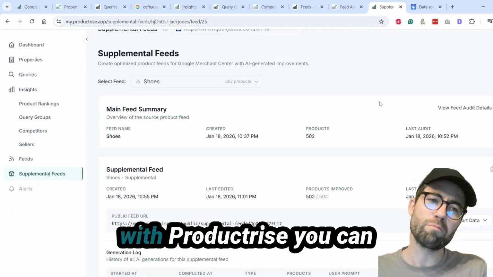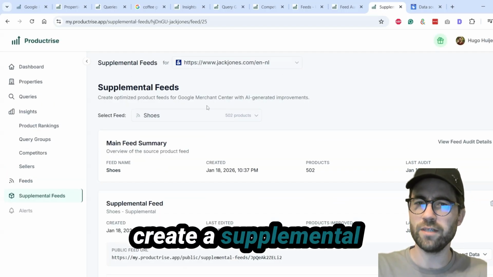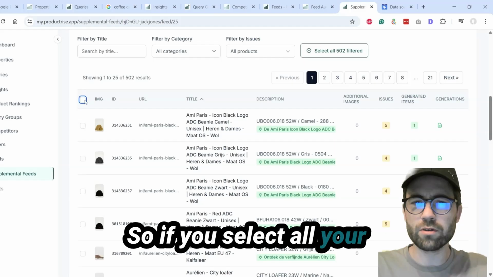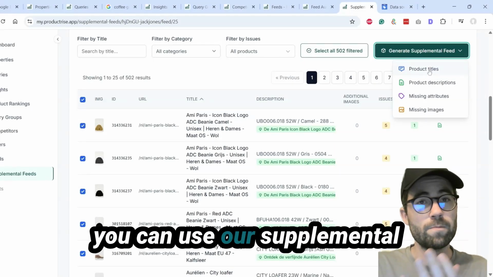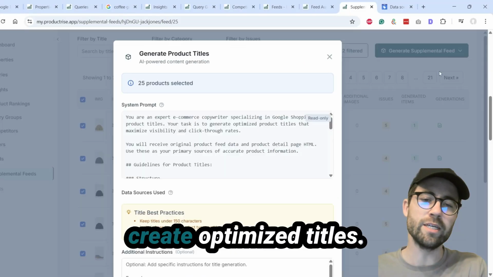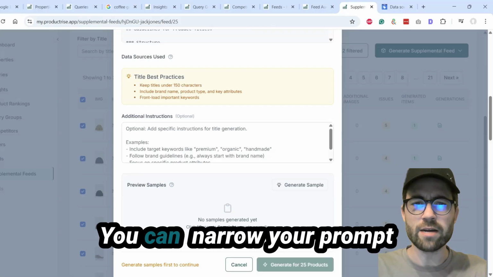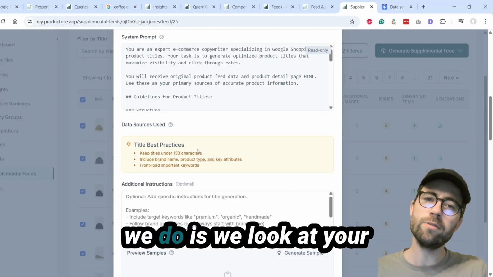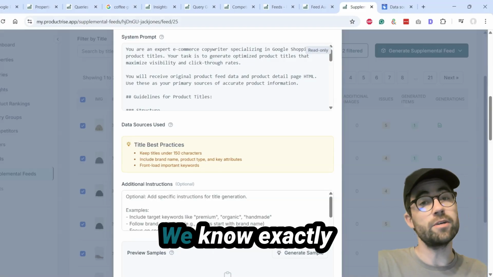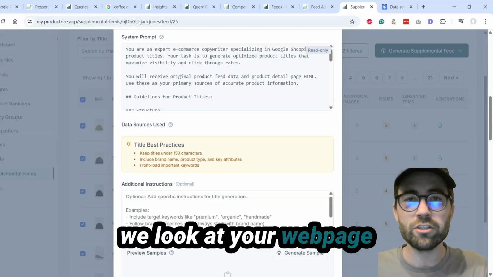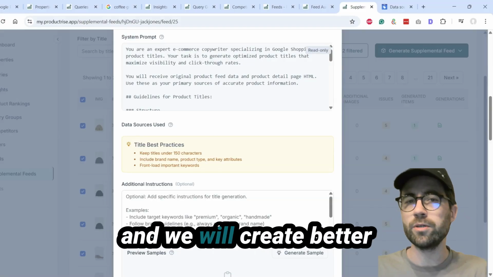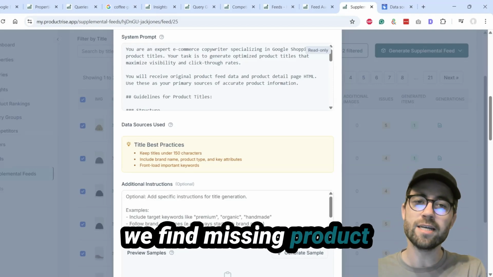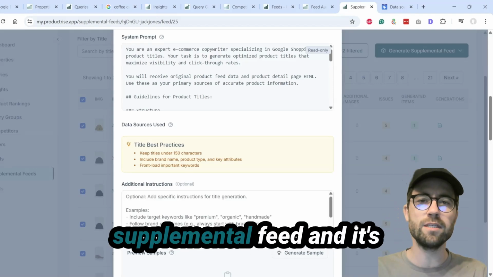You can create a supplemental feed and you are in control of that supplemental feed. And it's really easy because with Productrise, you can create a supplemental feed right on the platform using our AI models. So if you select all your products that you've added, you can use our supplemental feeds feature to, for example, create optimized titles. You can narrow your prompt down, you can include certain keywords that you want to target. And what we do is we look at your existing product feed, we know exactly what's wrong with it. We look at your webpage so we can find all the information we need, and we will create better titles, better descriptions. We find missing images, we find missing product attributes, and we create a supplemental feed,